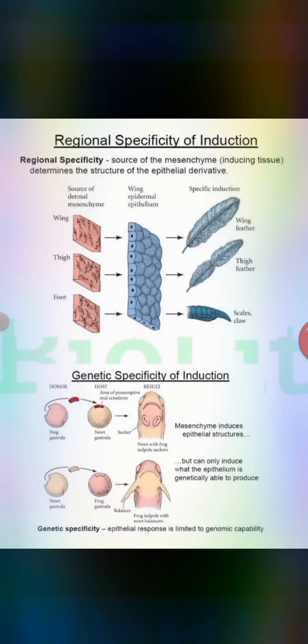The condensed dermal mesenchyme produces certain factors that reach the epidermis and cause the epidermis to undergo structural development into cutaneous structures. So cutaneous structure development takes place. Here in the figure we can see that